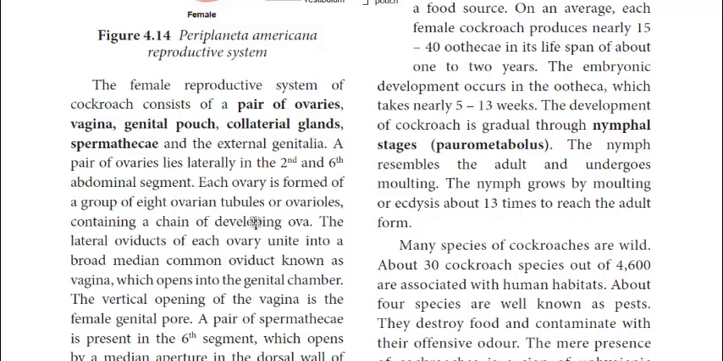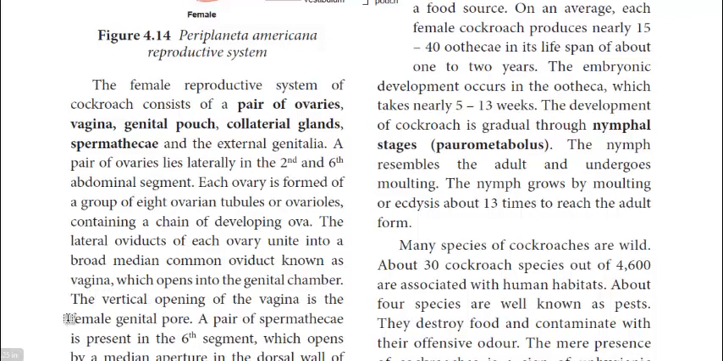This is the ovary. In each side of the ovary there are 8 ovarian tubules, we call them ovarioles, containing a chain of developing ova. This is where the ova develop. The lateral oviducts of each ovary unite into a broad median common oviduct known as a vagina. So from both sides they join and form a common oviduct, and its name is vagina, which opens into the